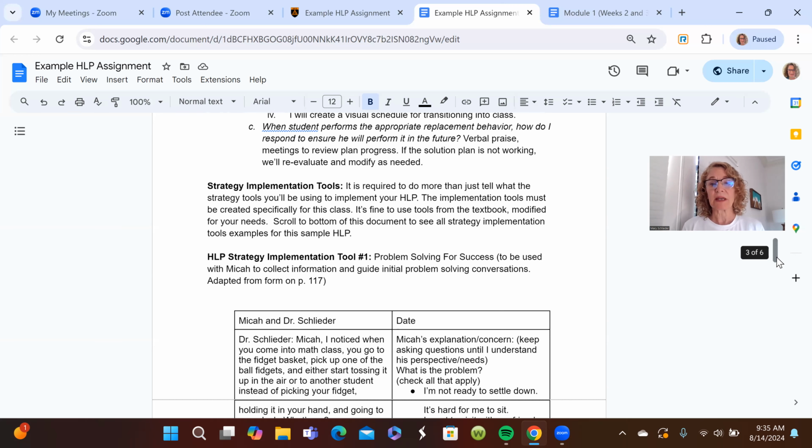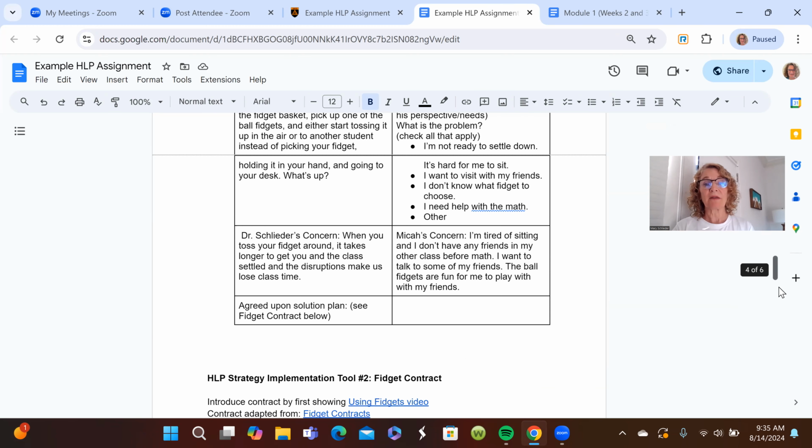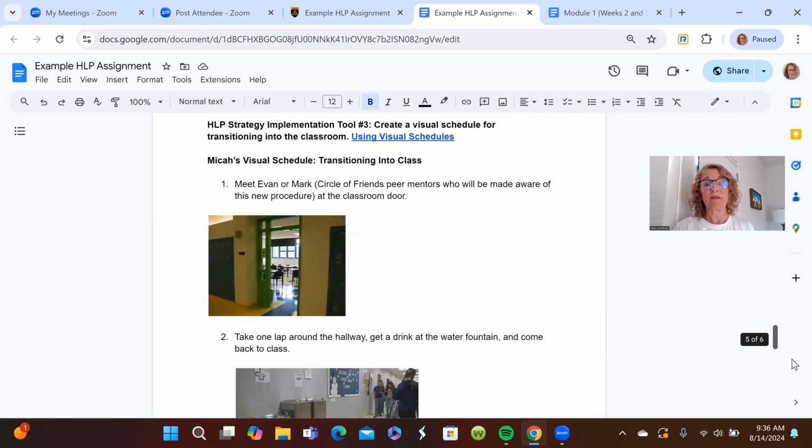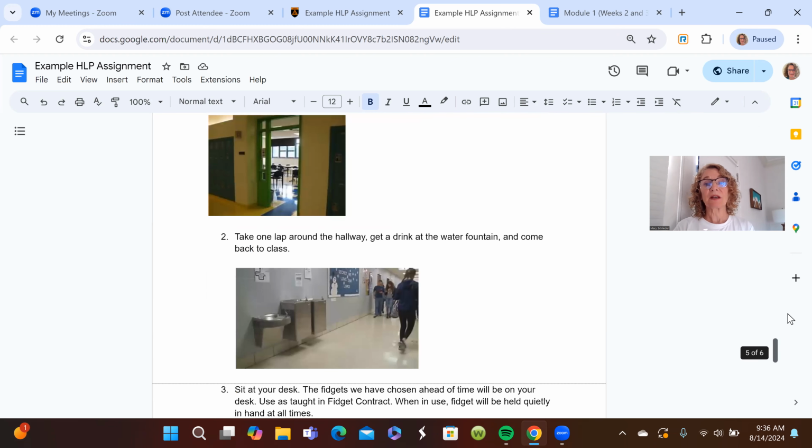We all have different needs. Some of us know more about some practices than others. And so maybe you want to develop something that is not maybe your strong suit. So anyway, I have provided an example of what this looks like, the kind of implementation tools I chose when I did this assignment. So I've actually done the assignment. You'll do 6 of these.